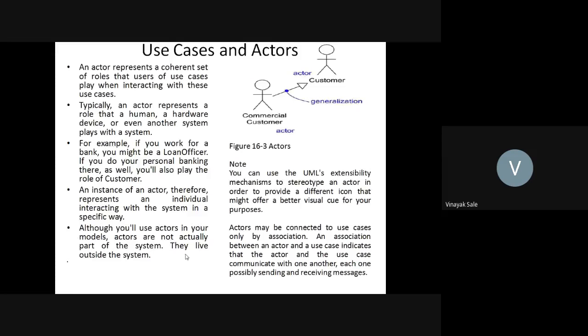Then use case and actors. An actor represents a coherent set of roles that the users of the use cases play when interacting with these use cases. Typically, an actor represents a role that a human, a hardware device, or even another system plays with